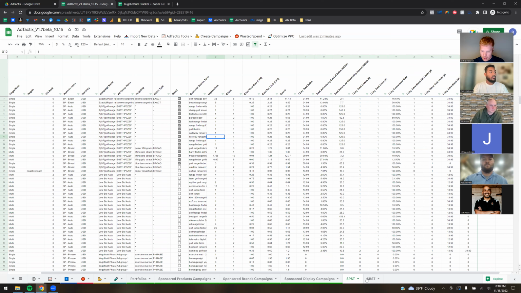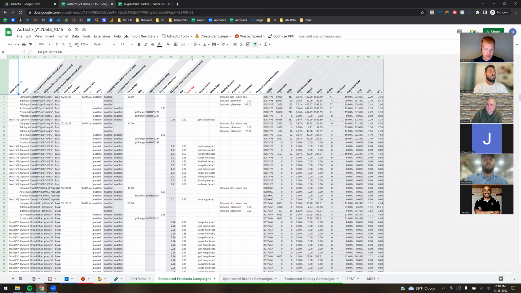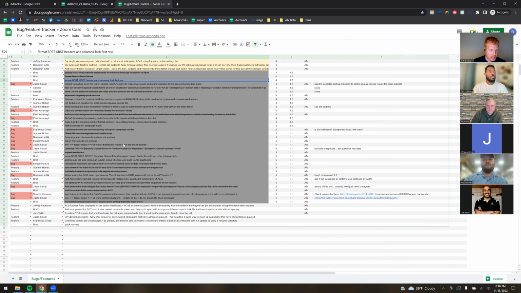Same with the brands. I've also formatted the ad files a little bit better, so your new bid will be red. Some of these other ones weren't the correct decimal points, so that's all pretty well taken care of. I think there might be a few other things I need to fix, but